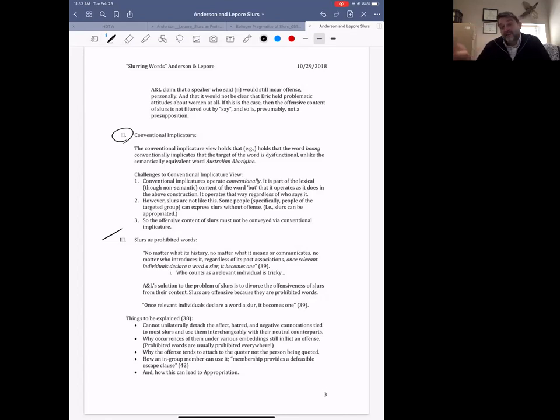And what does that amount to? Well, essentially, it was offensive because there were a group of homosexuals who found that word offensive, and they made a prohibition on it. And so when people were using it then, it was offensive to that group of individuals. But now, through this kind of reclamation project, that prohibition has been lifted, and they've said, no, we're going to reclaim this word. This word is the word we're taking to refer to ourselves, right?